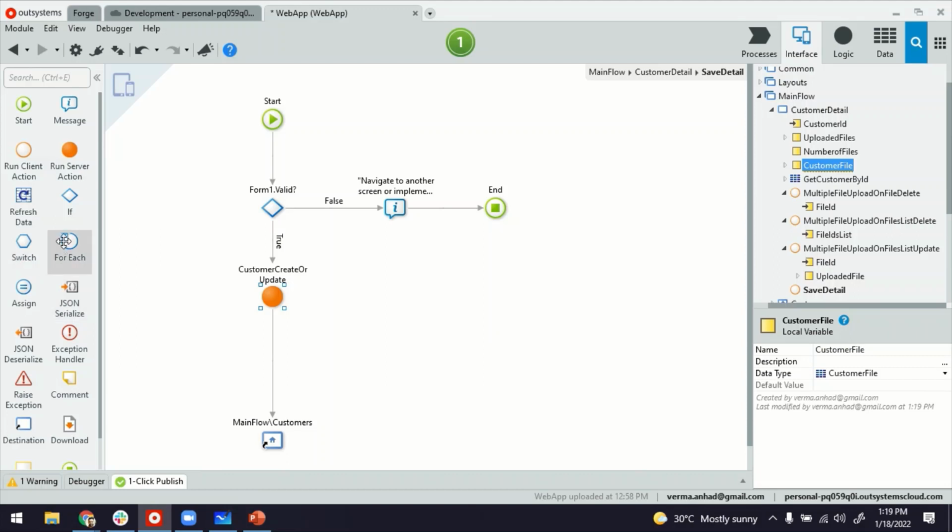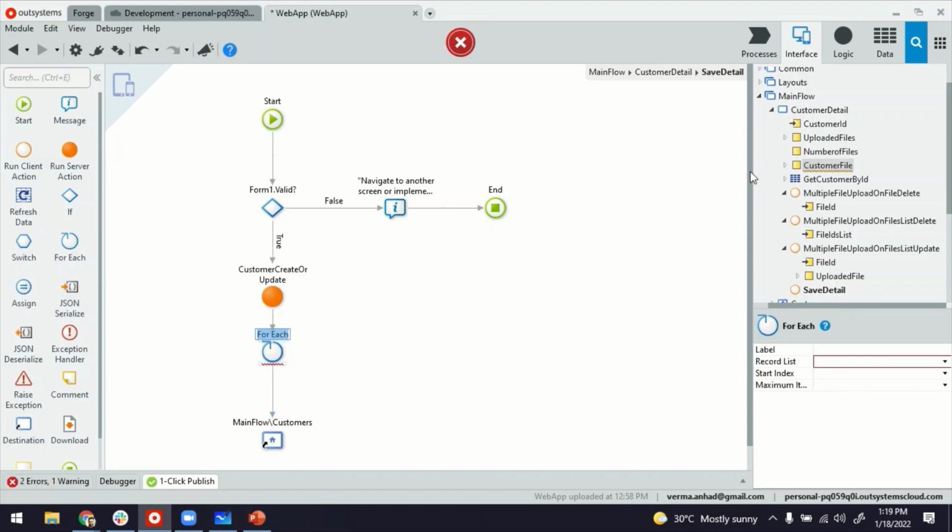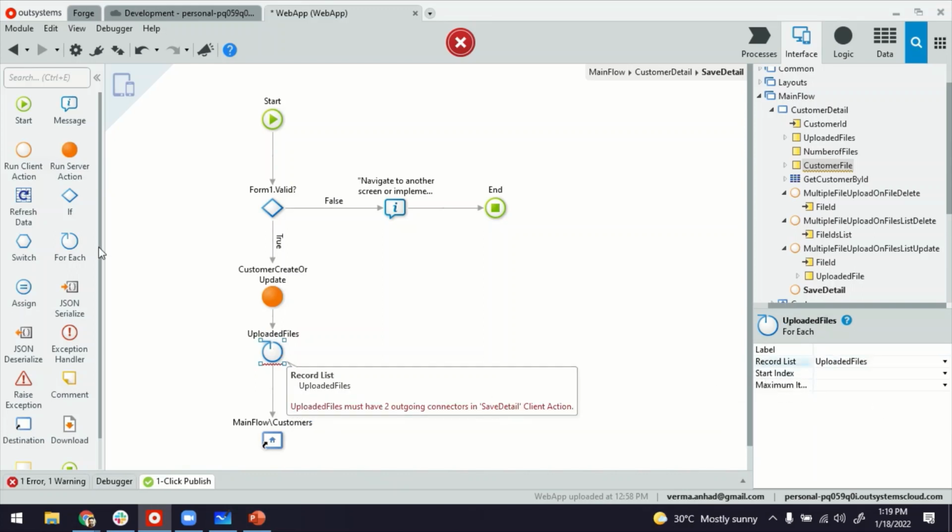And then we'll use a for each. For each will run over uploaded files. So any files that we have uploaded so far into the file upload control, their IDs are here. We're just going to run a loop over this to add reference for each of these by using the customer file. So it goes like this. Records will be coming from this. And then we can provide an assignment